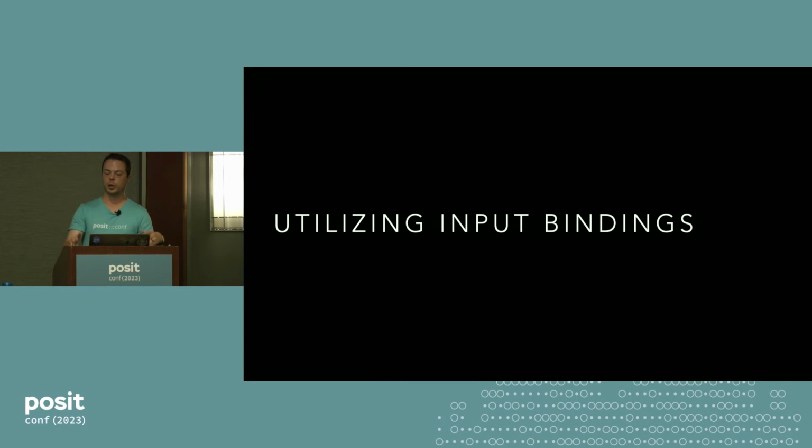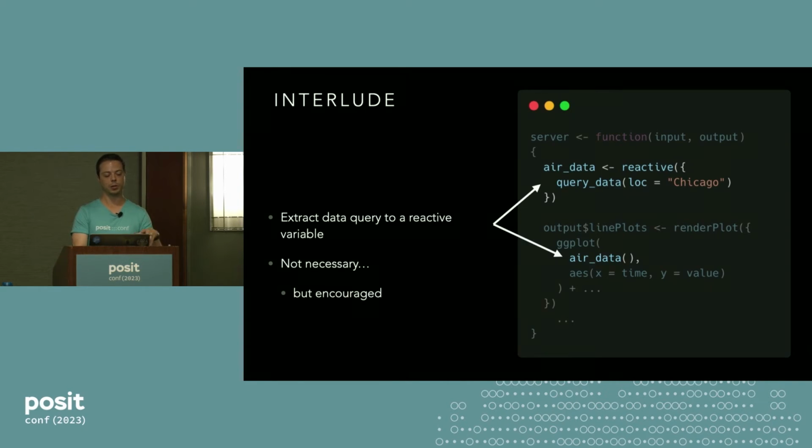So it's all well and good that output bindings work, but there's another type of binding, which is an input binding. And the editor knows a little bit about them as well. Not quite as much because there's not as much to do with them. But before I get into that, I want to do an interlude, which is not really a ShinyUiEditor thing, but more of